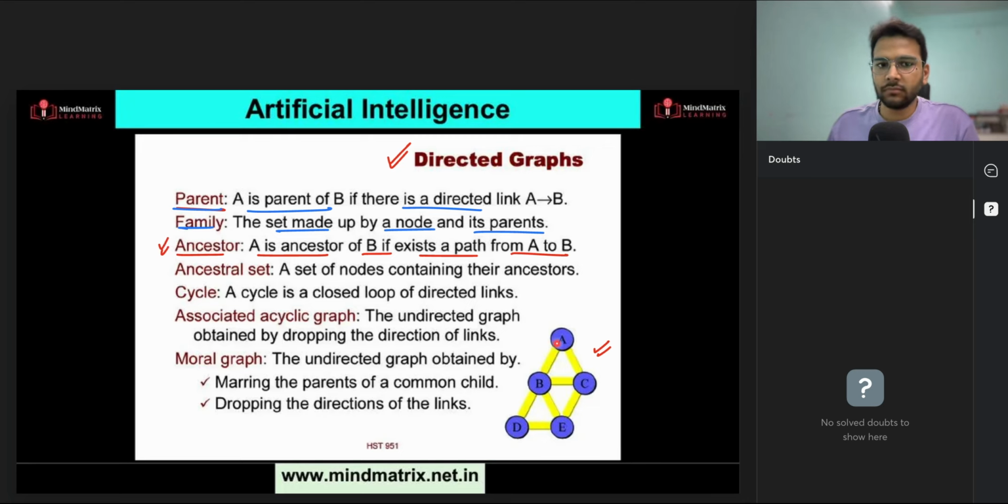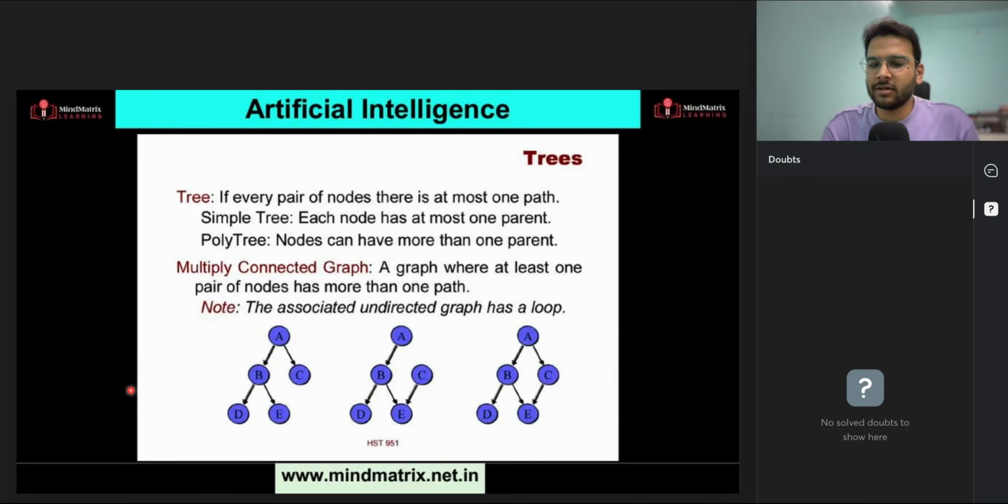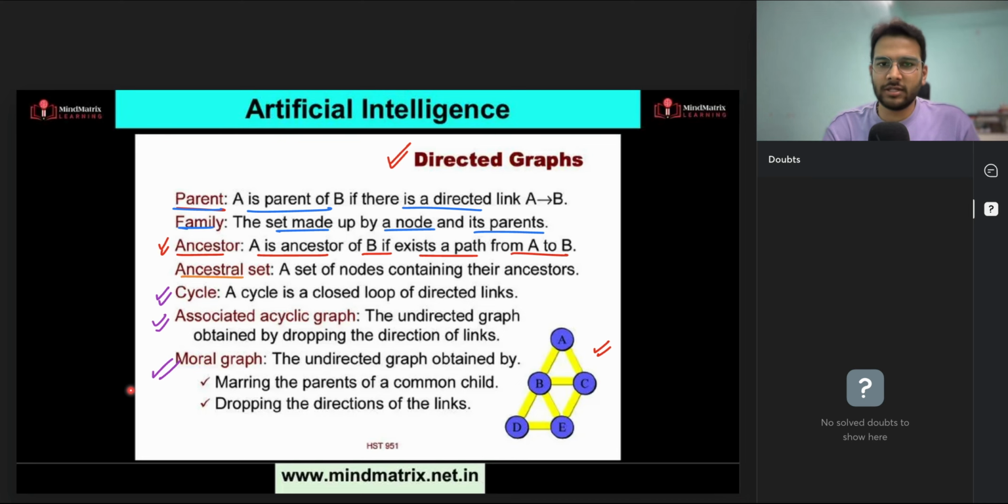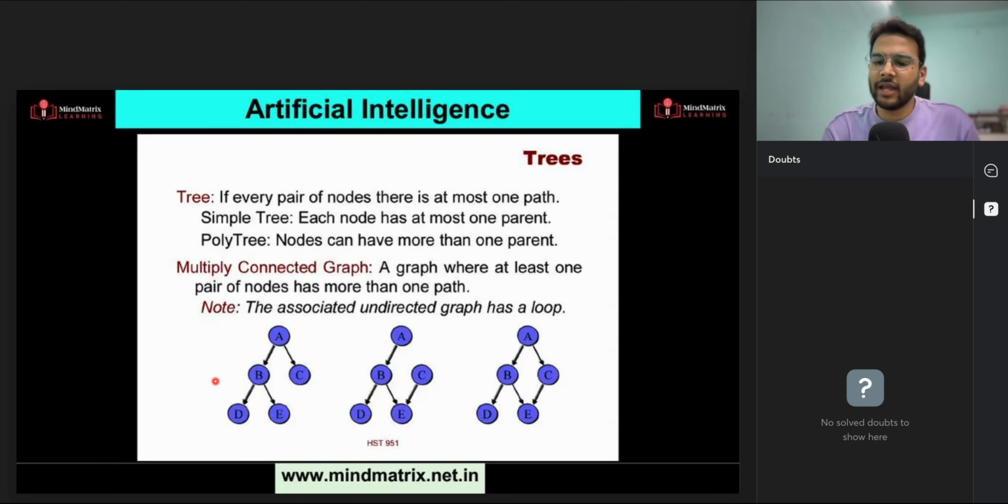And child is simple, right? You can say B is child of A, C is child of A, right? So that is the terminologies. And then again, there are some definitions, and you can just give it a read. These are very simple. Just if you read it once, you will understand. I don't want to invest a lot of time in these terminologies because these are very simple. And again, multiple terminologies you will see again in the graphs also. So I'm covering all those things which we really need to understand the Bayesian network.